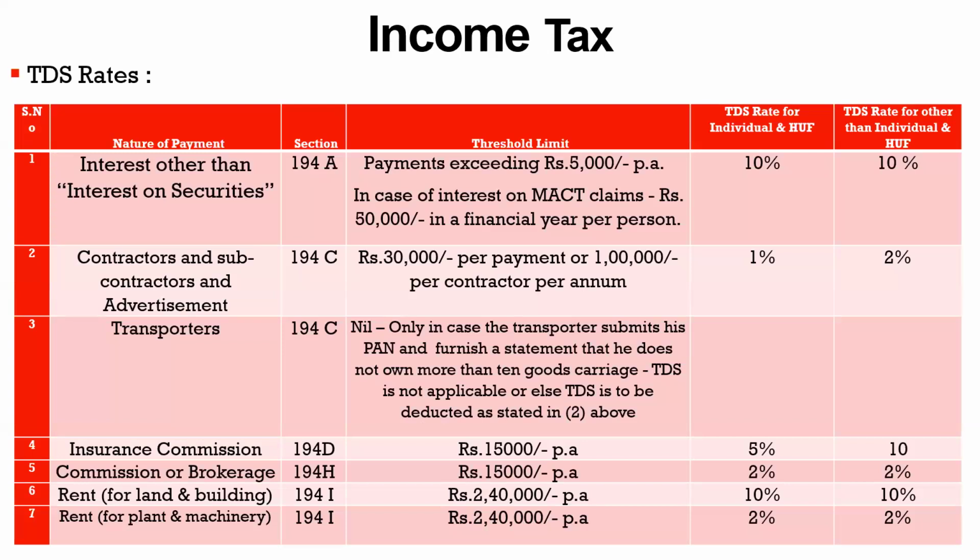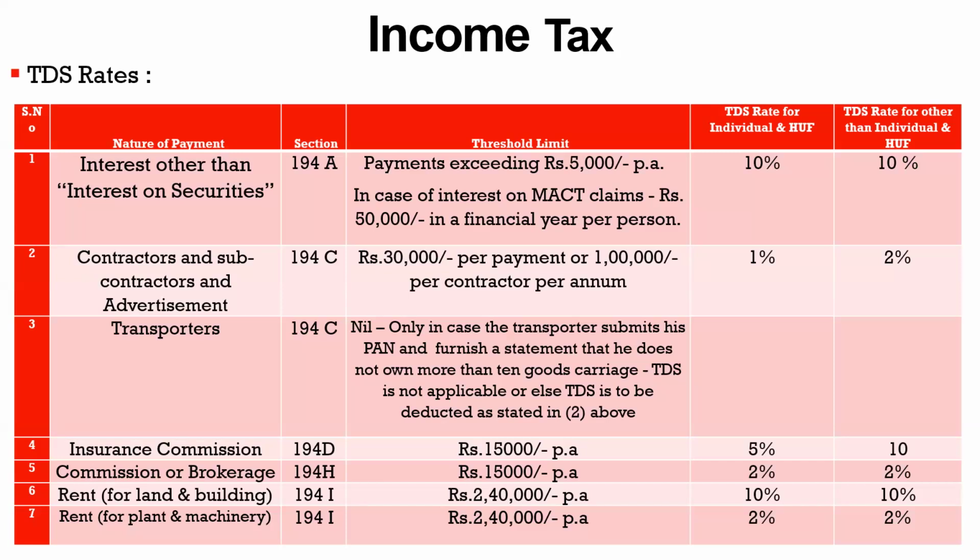So now, preparation of final accounts is over up to here. Now we'll come to the TDS and GST part. Our team has just shown the TDS rates. You have to remember these rates. Any rate can be asked. Normally, in our case, mostly 194A, 194D and 194J are asked.